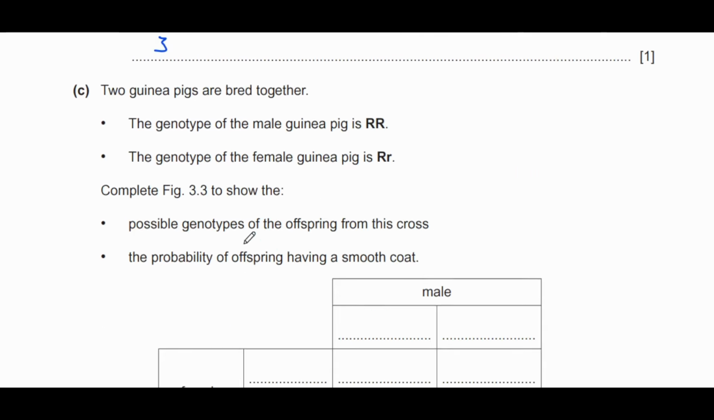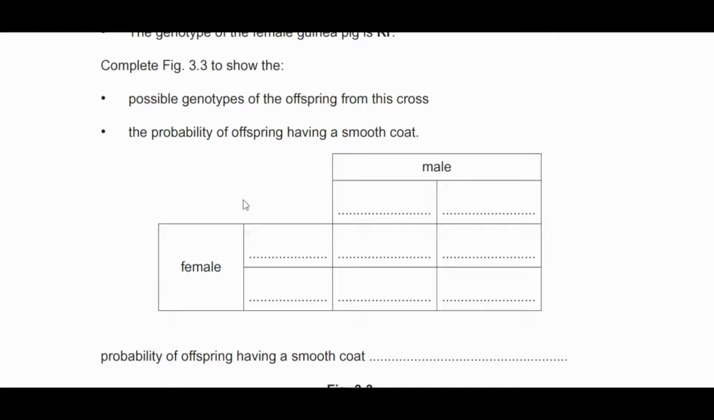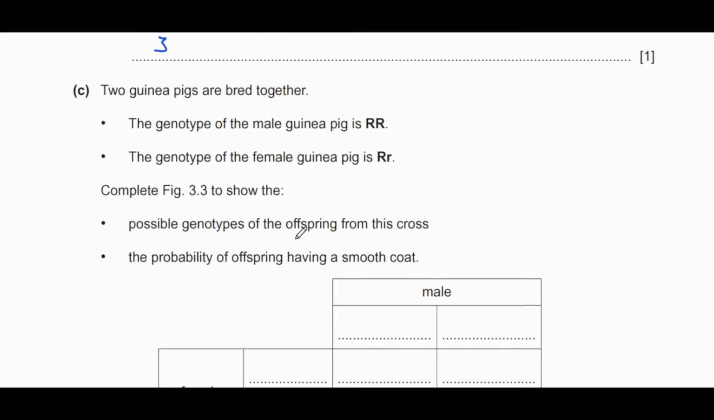Okay. Question C. 2 guinea pigs are bred together. The genotype of the male guinea pig is big R, big R. Genotype of the female guinea pig is big R, small r. Complete figure 3.3 to show the possible genotypes of the offspring, the probability of offspring to have a smooth coat. Okay, so this one you just need to draw out a Punnett square. So this is called a Punnett square,